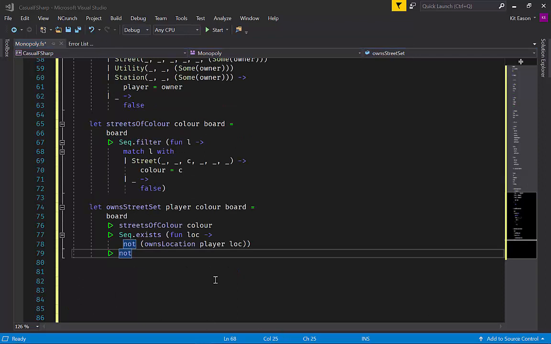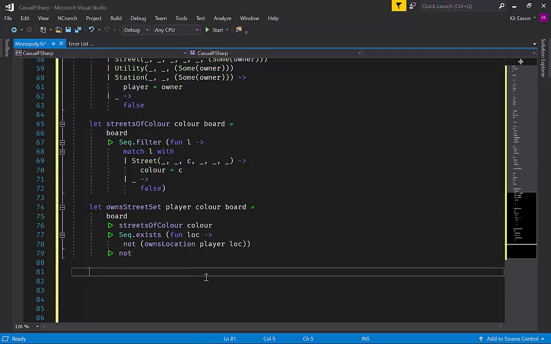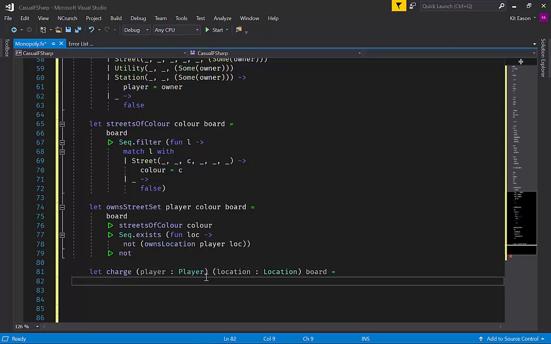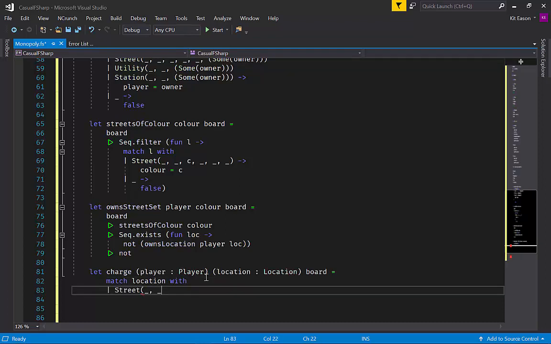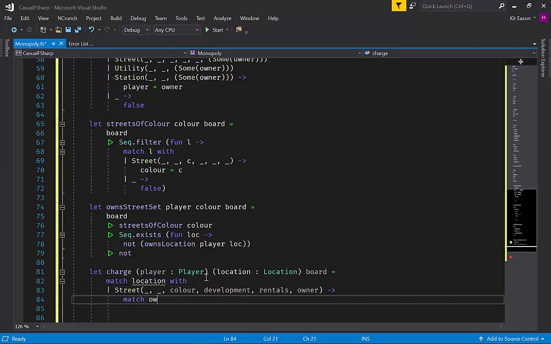Right, now having done that, we're in a position to actually charge someone if they land on a location. So I'll have a function called charge. I'm actually going to specify the types here, otherwise things get a bit complicated. So given a particular player lands on a particular location within a particular board, what should the rental that they get charged be? Well, if it's a street of a particular colour, which we'll pull out there, and a particular state of development, we're going to pull out the rental card or the rental price list, and we're going to pull out the owner of the street. Right, so now based on who owns it,